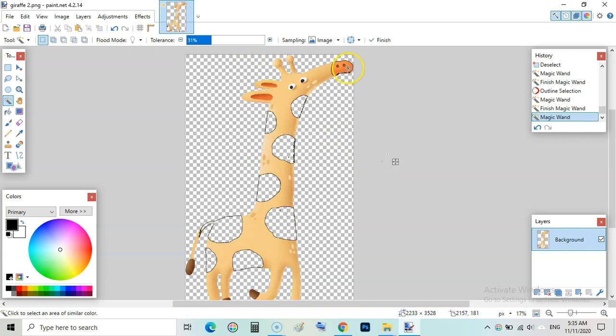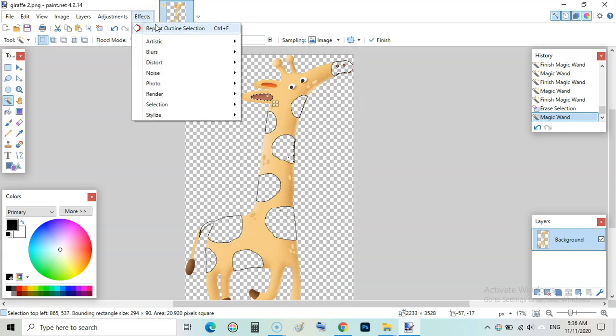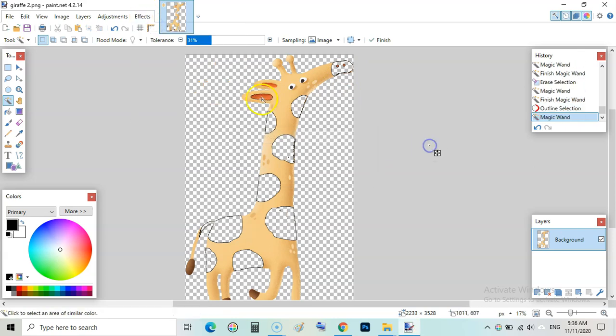Once outline is added, just delete this one, repeat outline, and again click here and delete this one, effects, repeat outline, and click within this and delete.